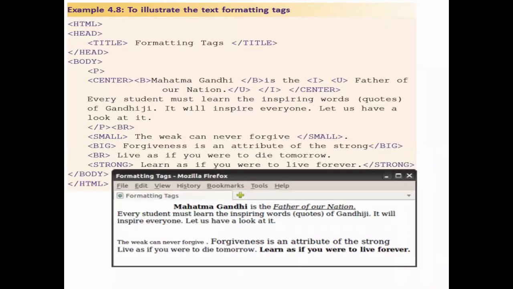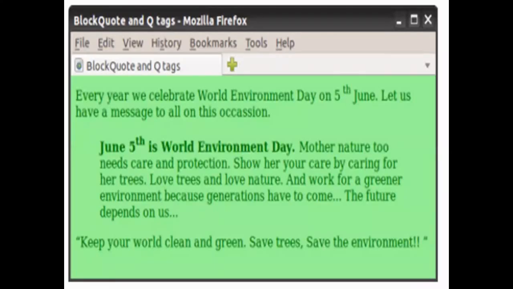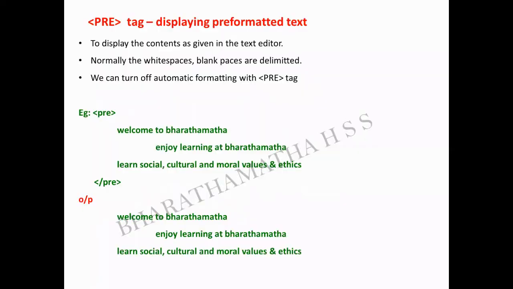Then block quote. And after this, what we saw was pre tag. That is, whatever the contents, how we have written inside the body tag, body section, will be present the same way itself. Otherwise, what happens is normally it truncates off all the white spaces or eliminates the white spaces. Without that, the way we have given the content in the body section, the same way it has to be present, we'll use the